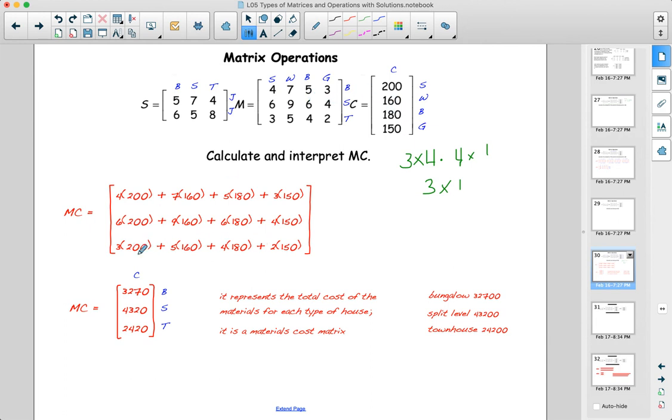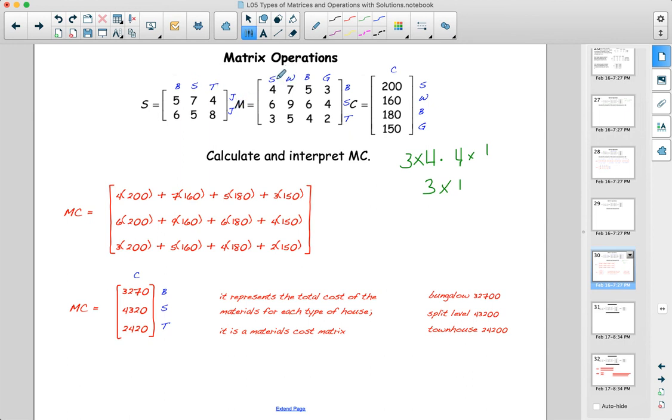And this last one here is in position 3, 1. So row 3 and column 1 will be multiplied together. So 3 times 200 plus 5 times 160 plus 4 times 180 plus 2 times 150. You punch that into your calculator and you get 3270, 4320, and 2420. And remembering what these were standing for, so this was bungalows, split level townhouses,